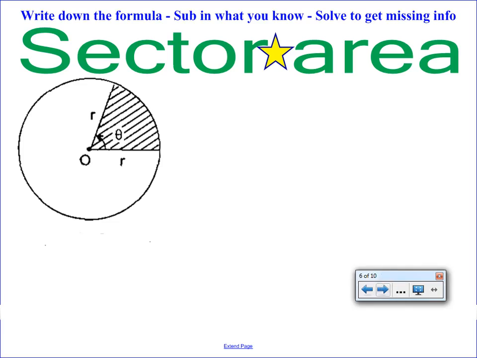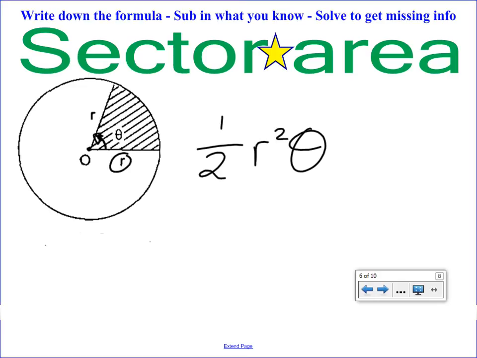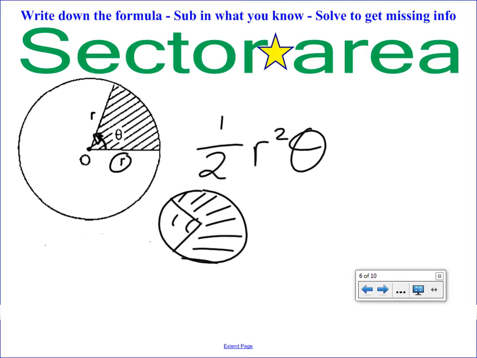Okay? So sector area. Nice easy formula. A half r squared theta, where r is the radius and theta is the angle. And you can use it on a really big angle as well. So for example, say you wanted to work out this area, and you knew that this was 60, and this is 10, the radius, then you could say this must be 300. So the area would be a half r squared